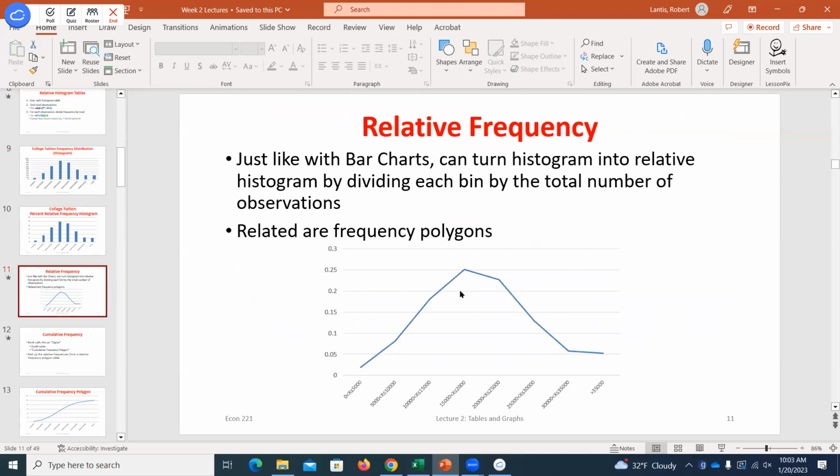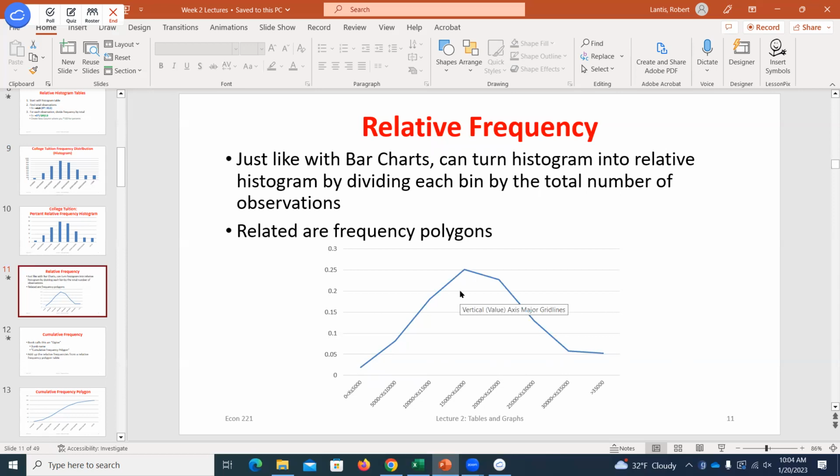You don't have to use these bar graphs. You could do a line graph, or I don't know, frequency polygons. It's still showing you the same thing. I think more often than not, people use a bar graph because it makes it real nice and easy to see the different categories.